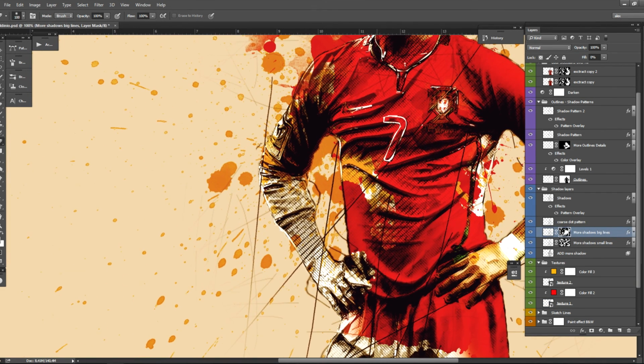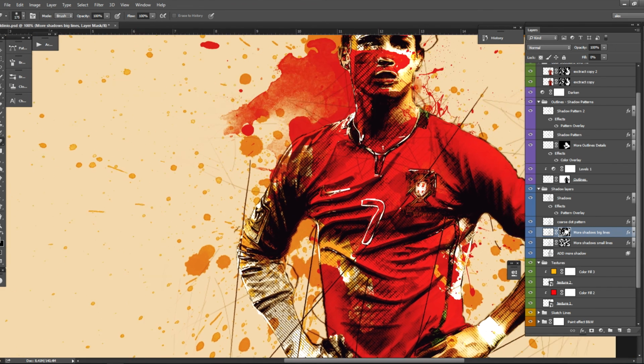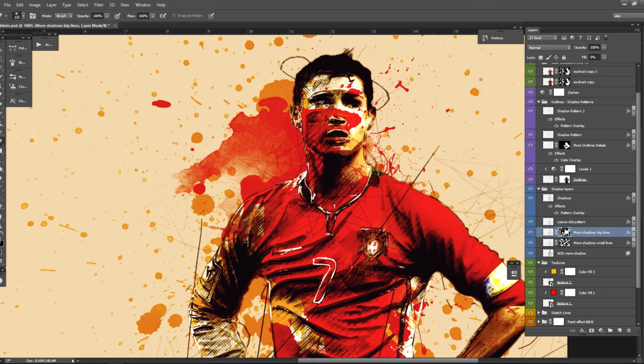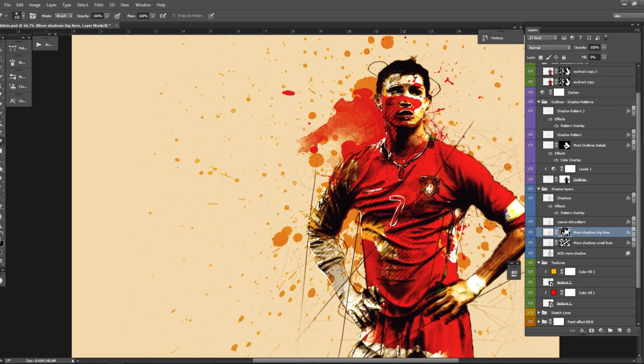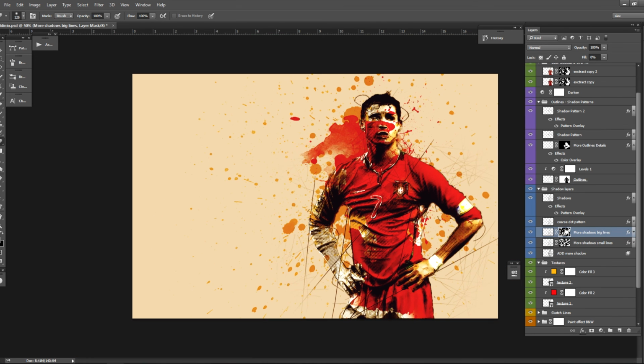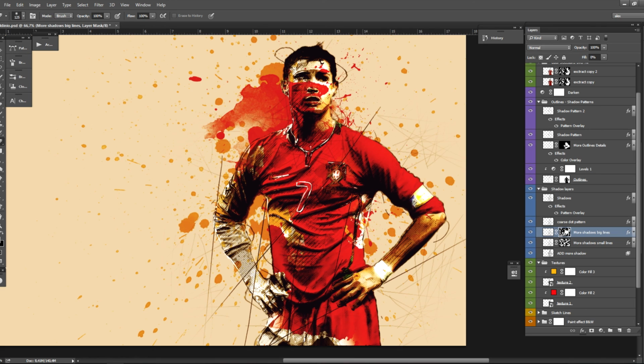I will erase this area, I don't like it. The good thing is every time you run the action, your design will have a different result.